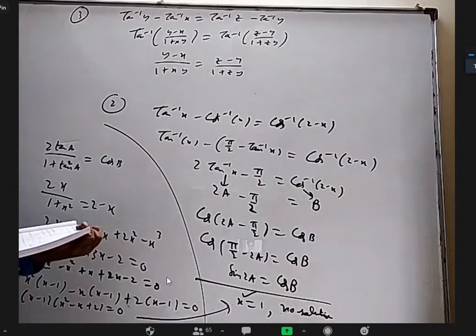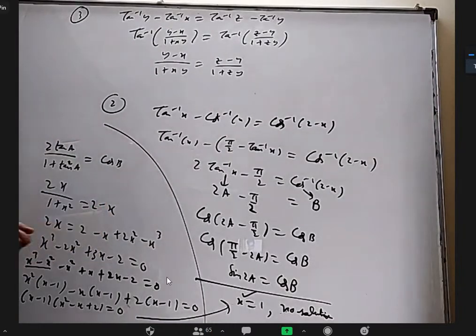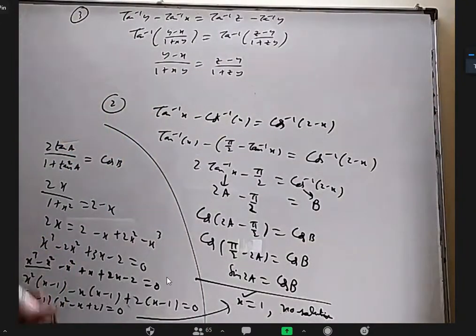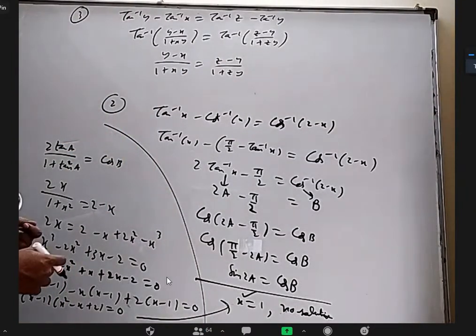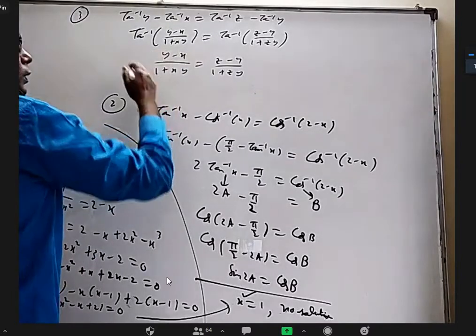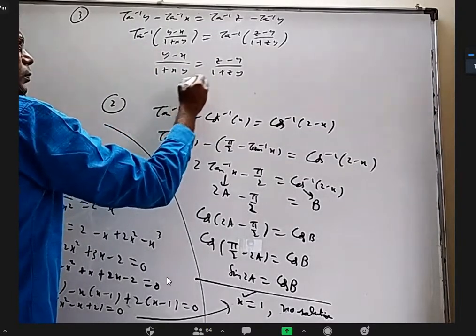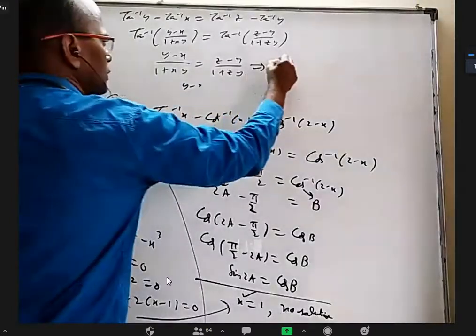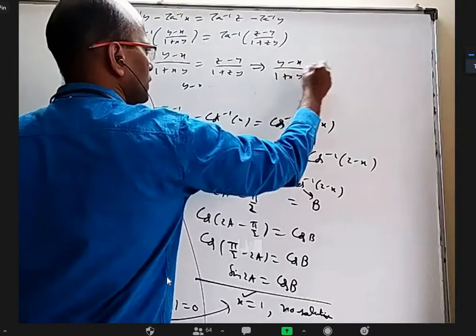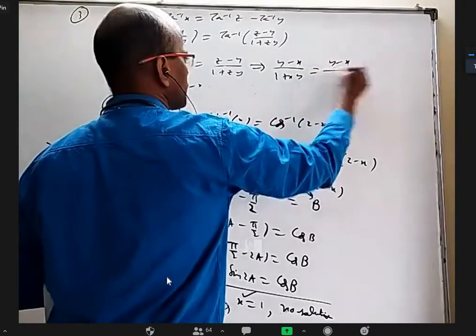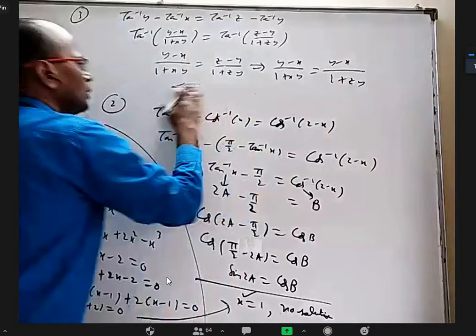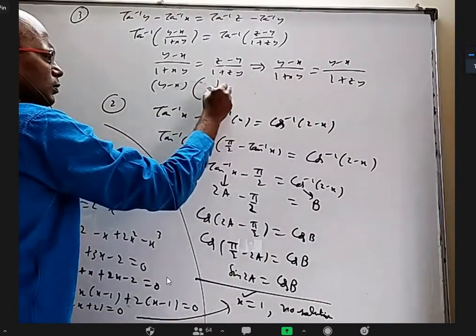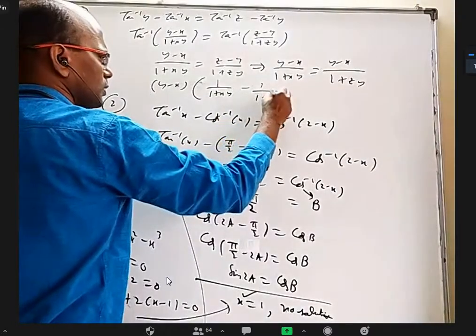But both numerators are the same because x, y, z are in AP. So I can cancel, or take common, and bring it; both will have the same meaning, right? So I can write it better. I'll write (y minus x)/(1 plus xy), and z minus y I can write as y minus x because they're in AP. Now I can take y minus x common. I'll get 1/(1 plus xy) minus 1/(1 plus zy) equal to 0.